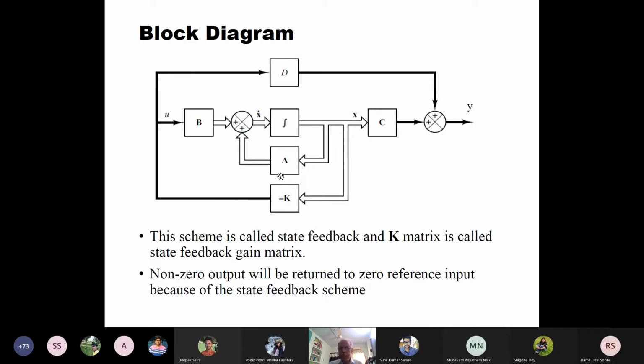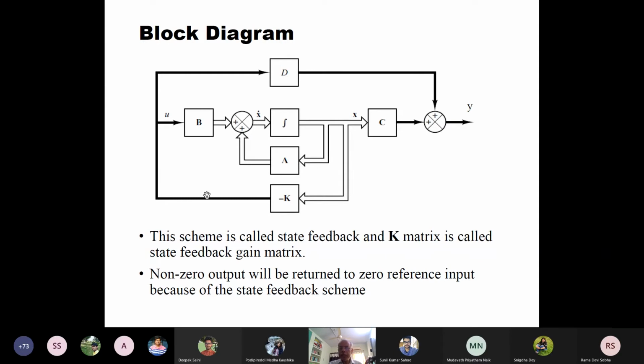This is the state equations. Now, when we are designing the controller, we basically take the state variables and multiply them with a negative gain, minus K, since it's a feedback, and that determines the u variable. So u is equal to minus Kx. I am putting it over here, and I am getting y.